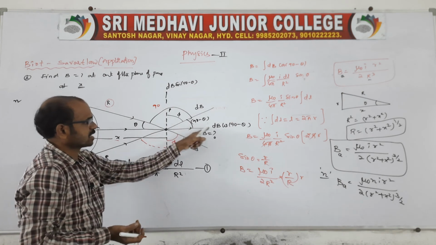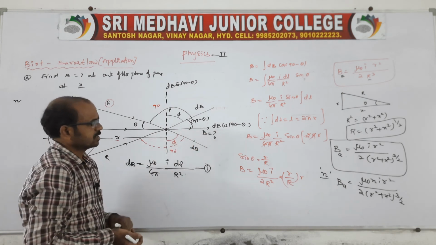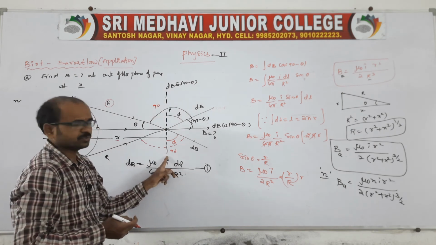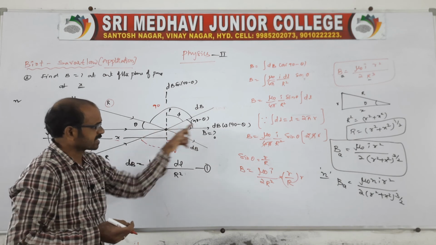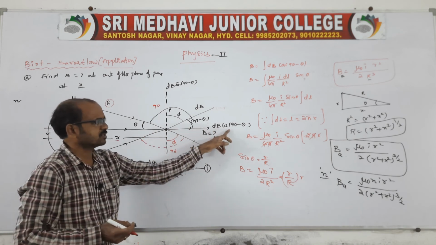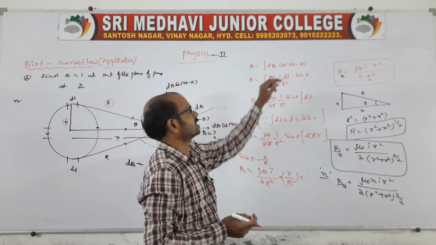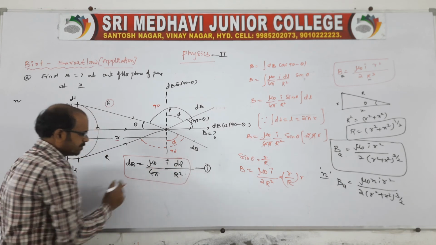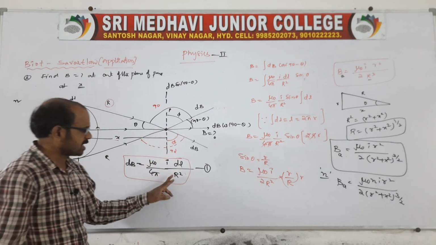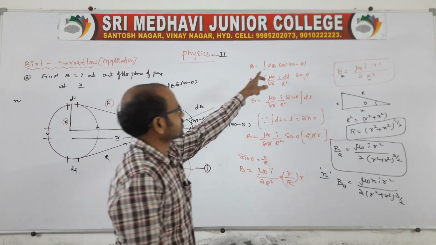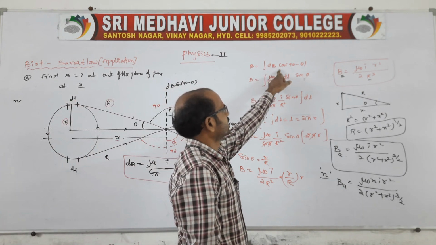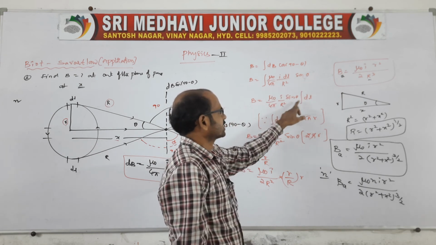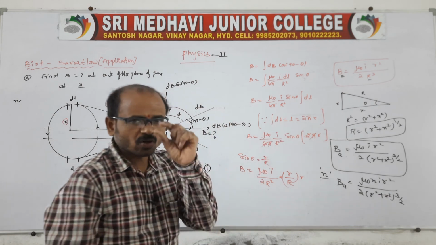So now it can be resolved into 2 components. One we can say dB cos (90 minus theta), one more is dB sin (90 minus theta). Here also we can take the same, and here it is asking along the line of the axis, no? B is the question. So dB cos (90 minus theta), B is equal to integral dB cos (90 minus theta). And here according to the Biot-Savart law we know dB is equal to mu naught by 4 pi I dl by r square. Equation 1. Here you substitute instead of this dB, and cos (90 minus theta) is nothing but sin theta, so mu naught by 4 pi I sin theta dl by r square. dl is nothing but a small length of the strip, no?